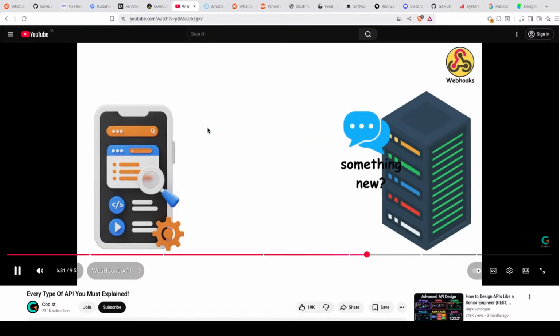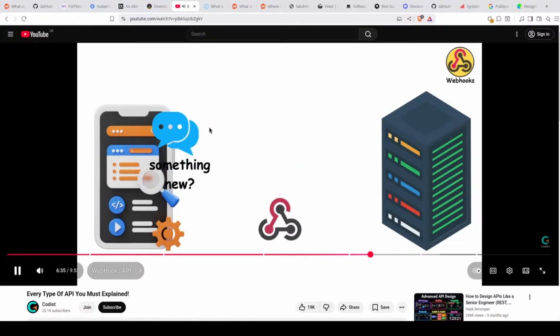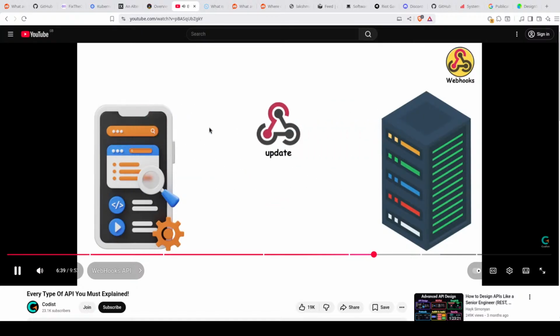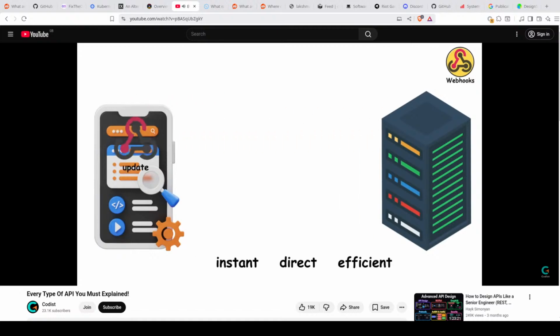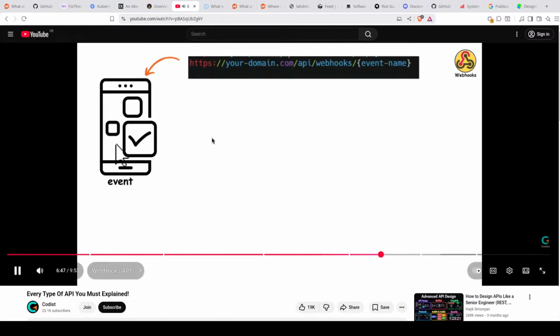new happened. But webhooks flip that model completely. Instead of you asking, the API calls you. It's like the mailman ringing your doorbell the moment the letter arrives. Instant, direct, and efficient. Let's see how it works. You set up a callback URL in your application. Whenever an event happens, like a new payment,